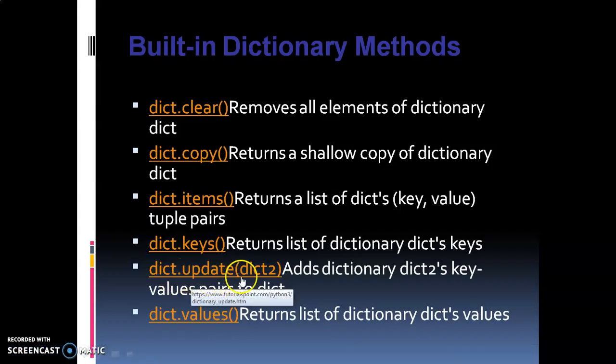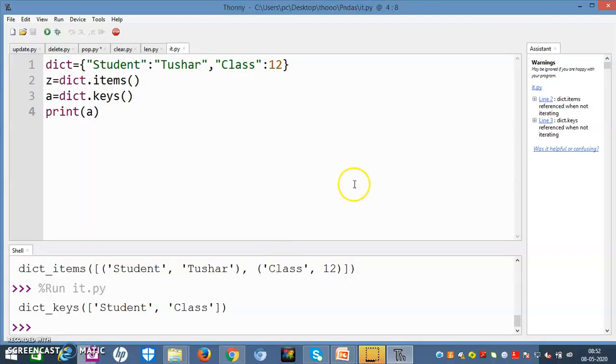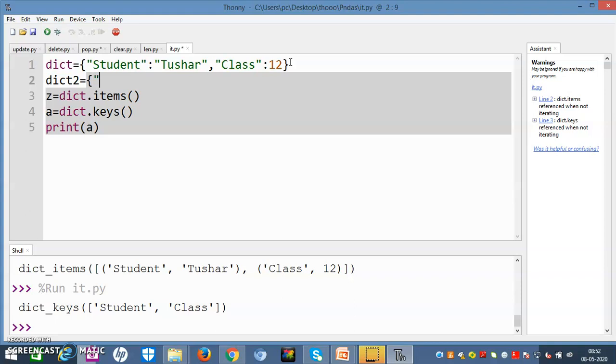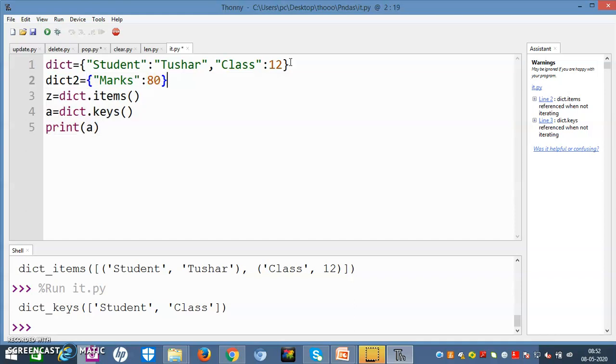Next is dict dot update dict2. Now we want to pair two dictionaries. What we want to do is add one dictionary to the other. For that, let me make another dictionary. Dict2 is equal to, this is just like the append function which we use in the list. So I will write marks, and I will write 80. That's it, right?